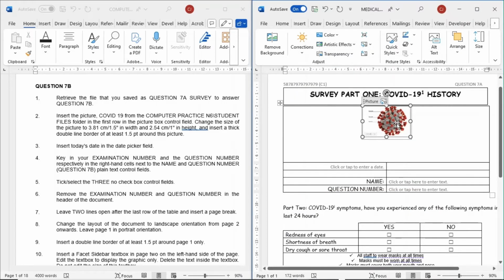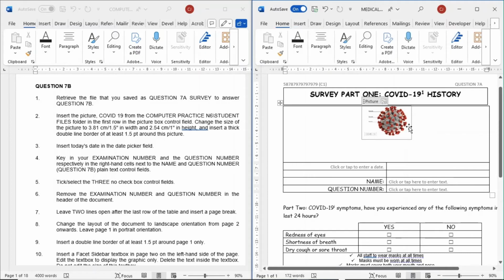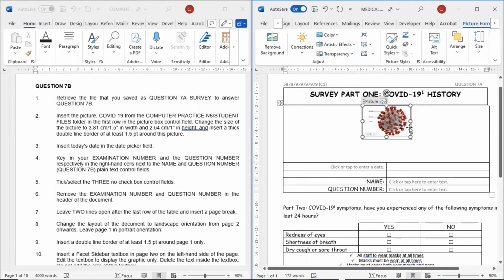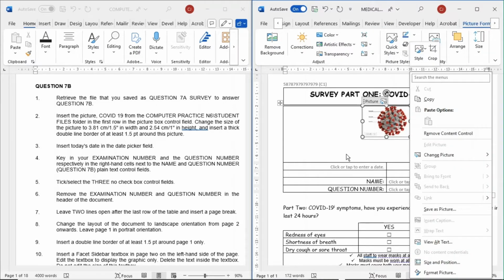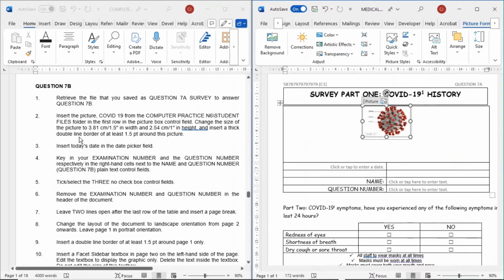There's a picture. And then we need to insert a double line border.